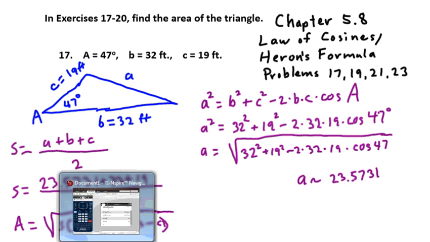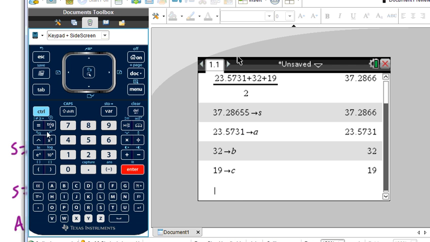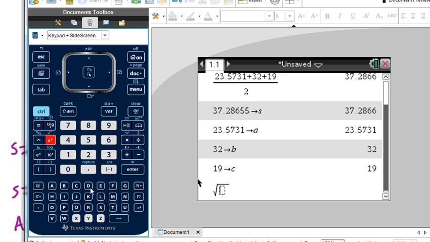So we go back to our calculator, and to calculate our area, we're going to go control, have a square root, we're going to have S